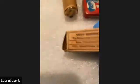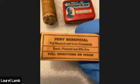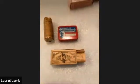These also are for liver complaints, stomach complaints. Pleasant and effective. I find that interesting wording. Pleasant and effective, or similar words to that, pop up a lot on these containers. This medicine is pleasant and effective. So, but as I've alluded to,